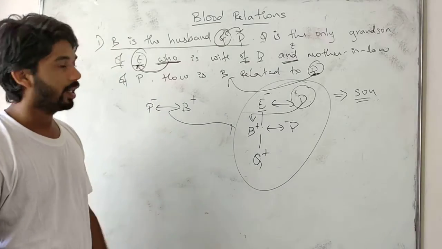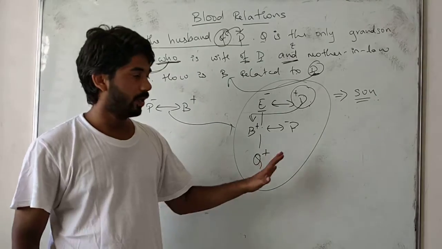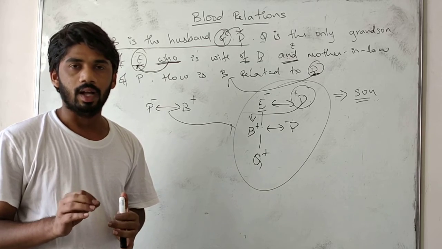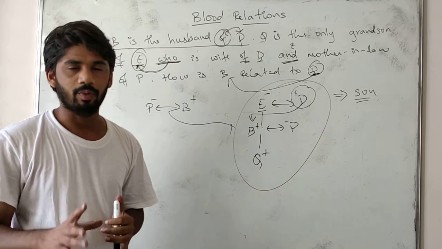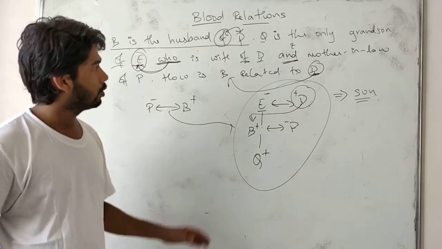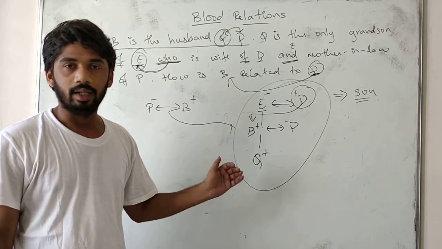Okay, students. Now I am ending the class. One more thing, students. It is a very easy concept. You just understand the basic things very well. Afterwards, you can solve any type of problems in this way. From the next class, I will be going to solve blood relationship problems directly.